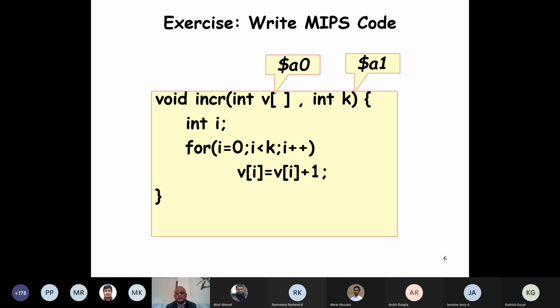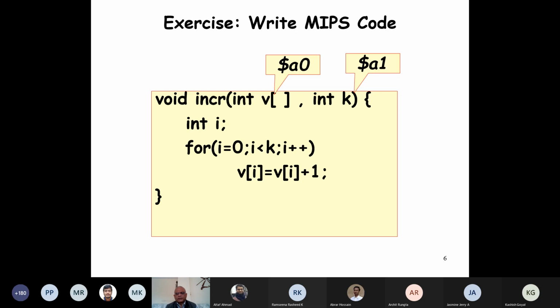This function takes a pointer to an array and the number of elements in the array. K is the number of elements. And what it does is, each element in the array, it increments by 1.